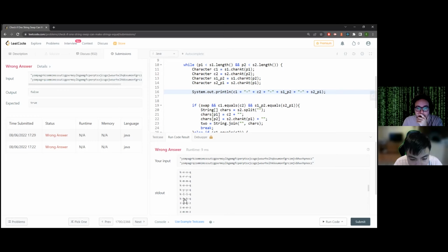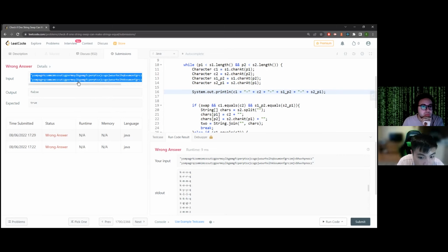Then we know that the original spot equals a K, if that makes sense. My bad. So this is the case where we get to this K right here. We found our first K. So swap equals true. This does equal a K, but